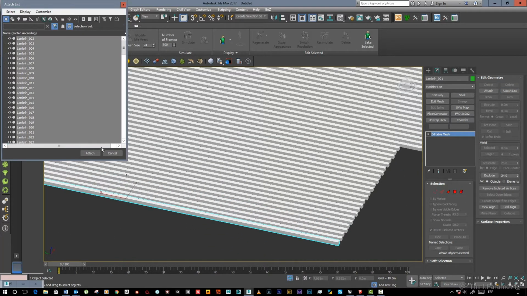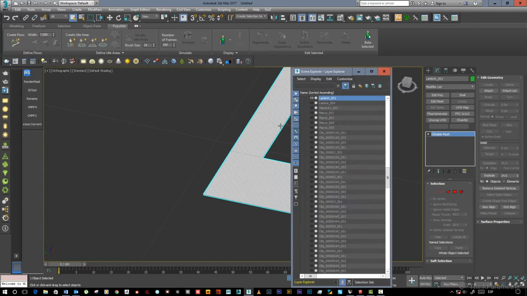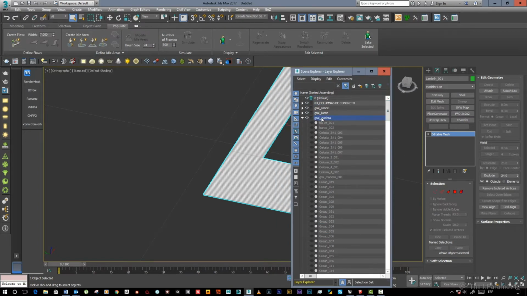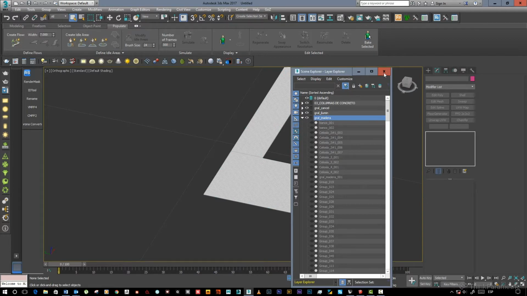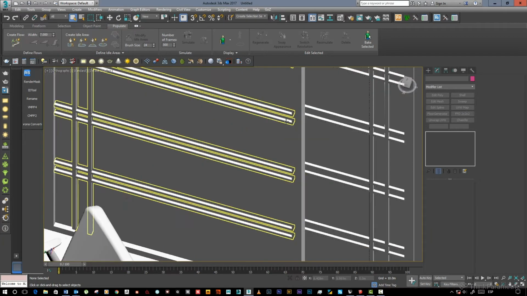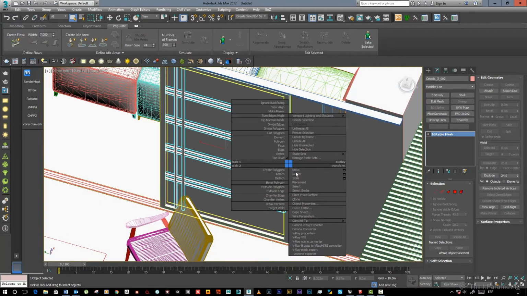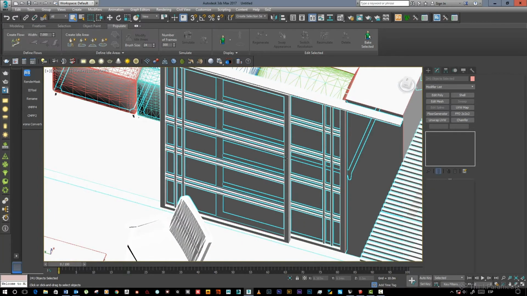After that, we attach everything, and that's it. So once everything is already attached, we can see that it's only one. It's already in the right layer, so that's it. And we're gonna be doing the same with the frames. Yeah, select similar.